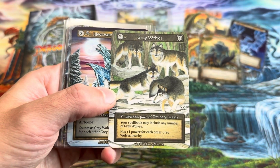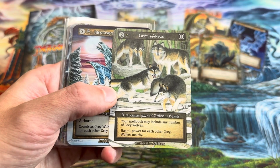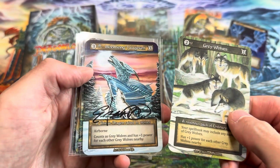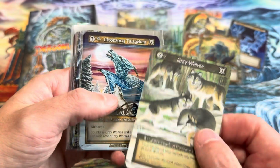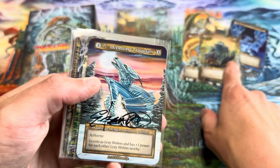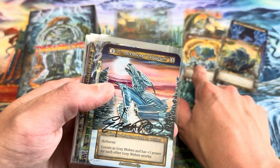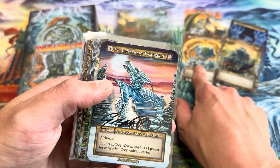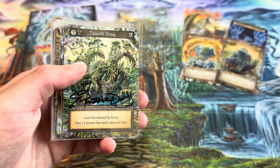Benson. It's an ordinary beast, and in your spellbook, you may include any number of gray wolves. So now you can add this Moonsong Telegellum to the Grey Wolves deck. This currently trades for $22.22. The Draco Corvus was $10.52, and the Seraphine was $15.85 if you're tracking the prices on all these